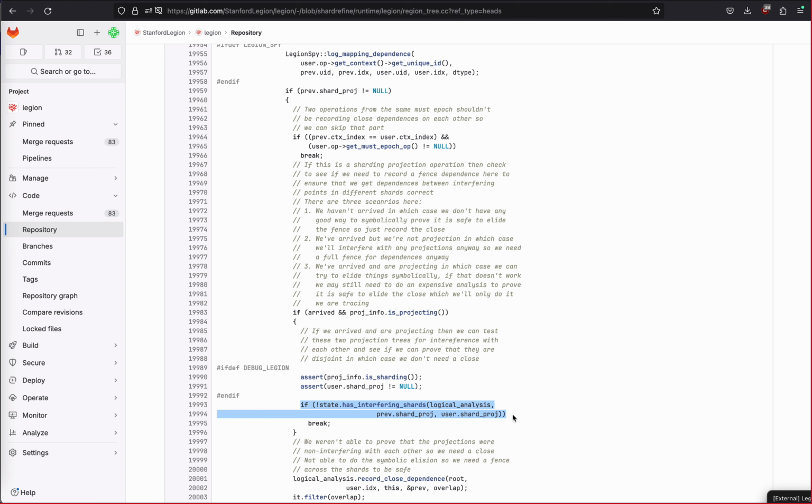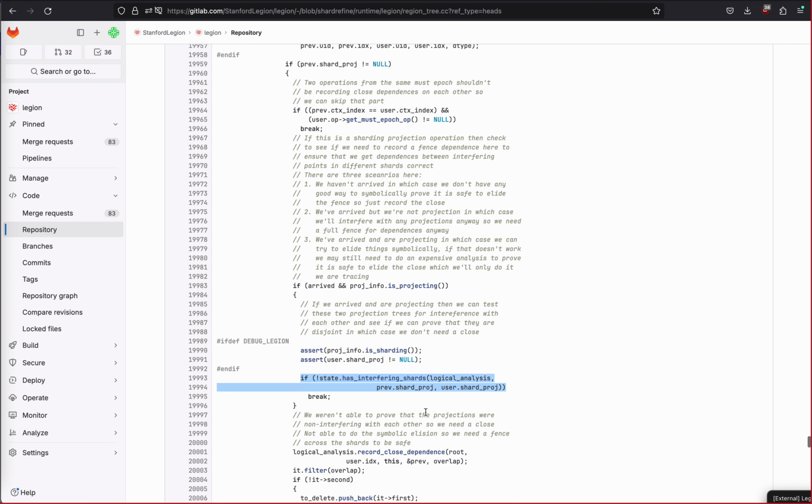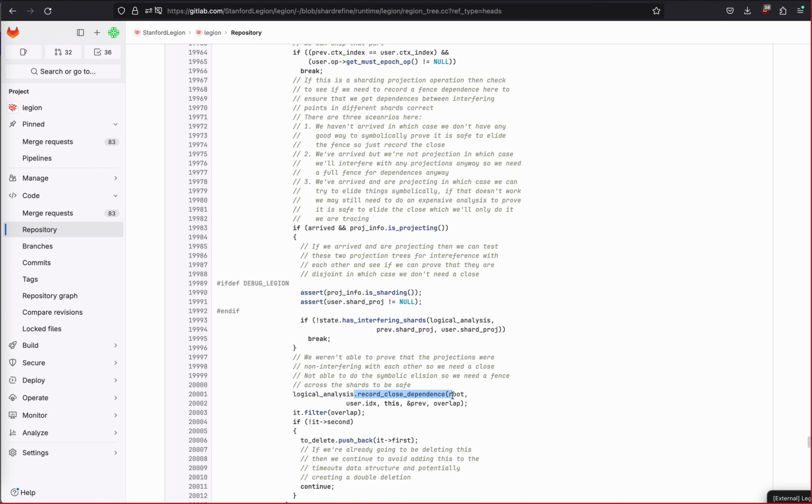And the right thing will happen because there's no cross-shard dependencies. But if we fail this test, then we actually have to go and record close dependence between these two things to create one of those cross-shard fences, to make sure that you get mapping dependencies hooked up across the shards, not just local to your particular shard. So